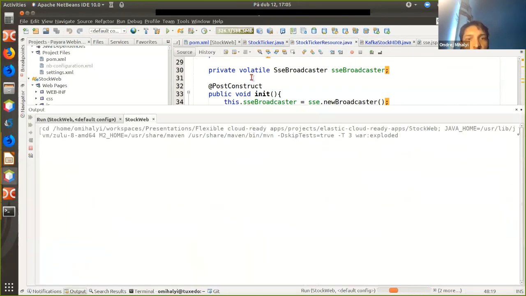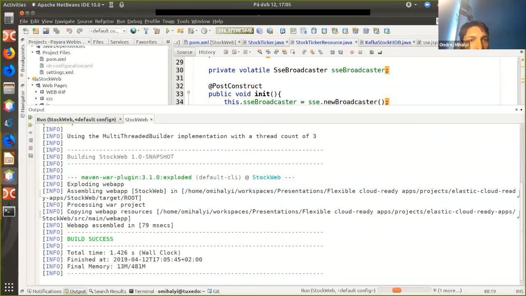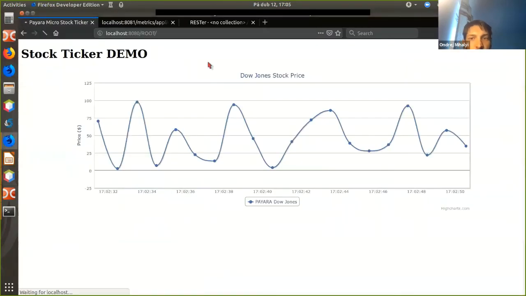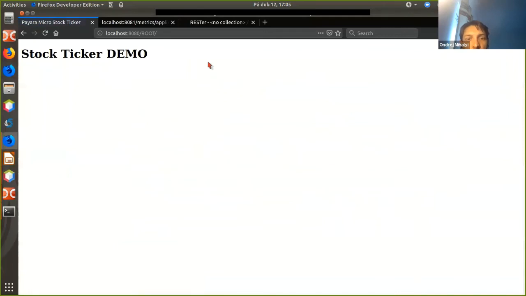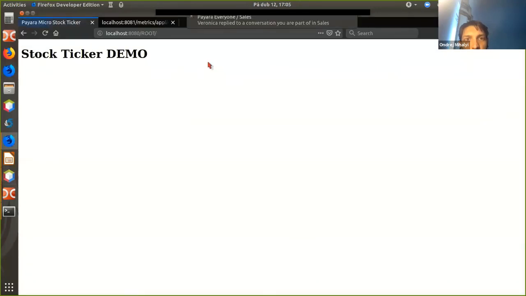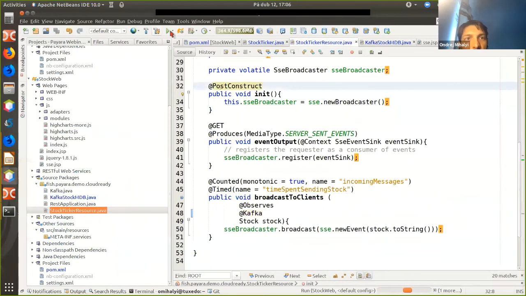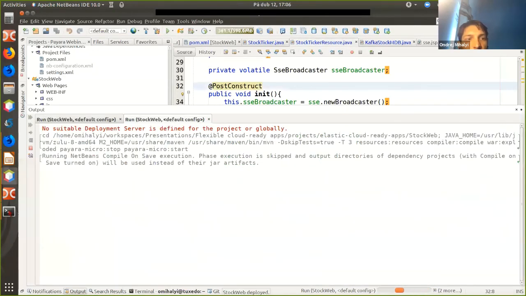Now, when I apply the code changes, hopefully everything works. When I refresh the application, it may take some time. I need to restart. Yeah, so